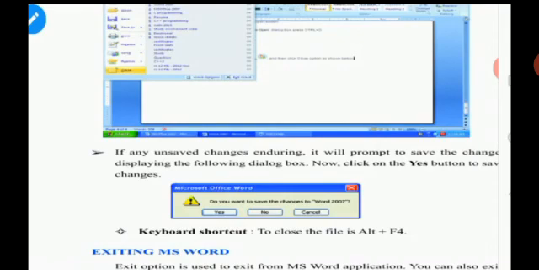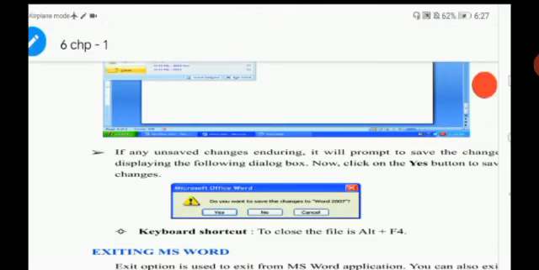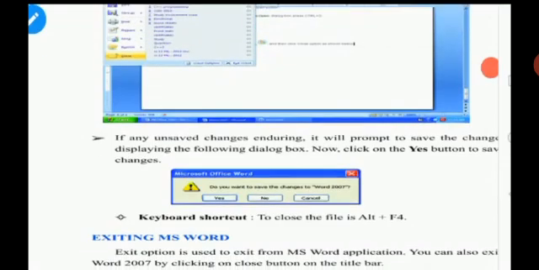Here also there is a shortcut key for closing the document, that is Alt F4. If you press Alt F4, it will close the document. Then exiting MS Word. What is the difference between closing and exiting? Closing will close the particular document. Exiting will exit out of MS Word.